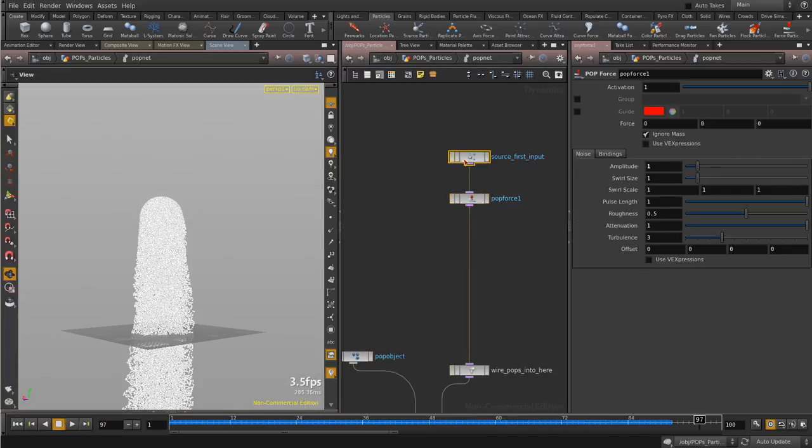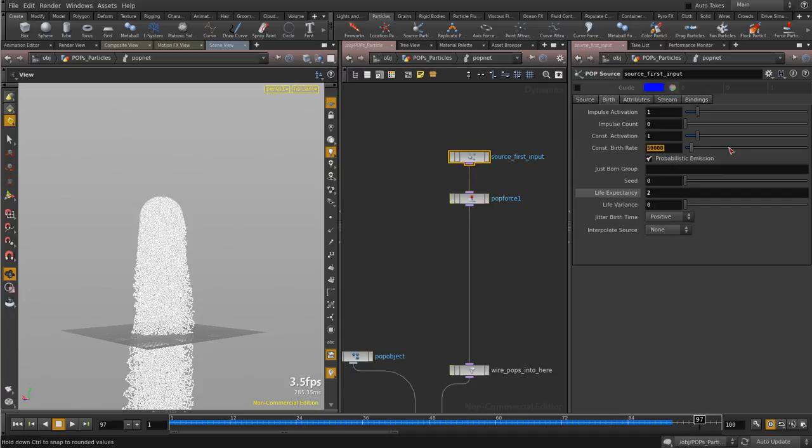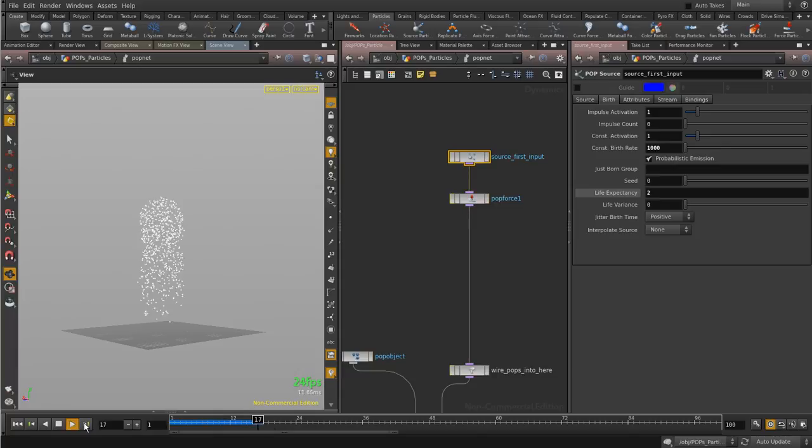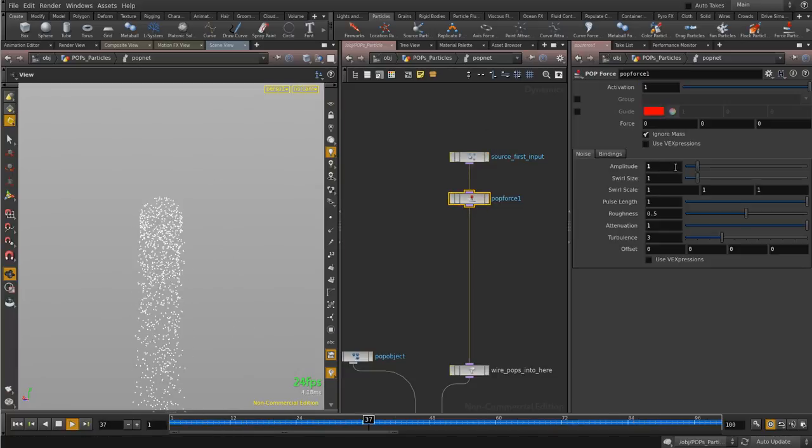I can assign, okay, this is the effect of my amplitude 1, a few waves here. Okay, if I put 0, I don't have effect. If I put 1, also the swirl size is the swirl, is the round of my